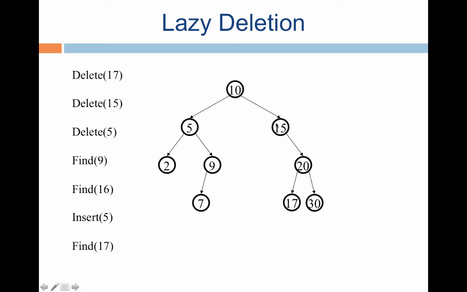Let me repeat this. You want to delete 15. 15 doesn't have a left child. Delete it. Throw it out of the tree. And take the right child of 15 and make it the right child of 10. So this is a well-defined step. Then when you come to delete 5, you have a challenge. If you delete 5, how does one make the resulting data structure a binary search tree again?